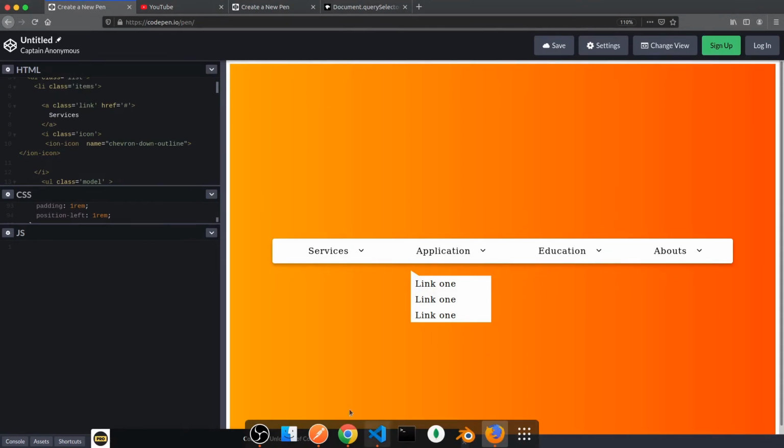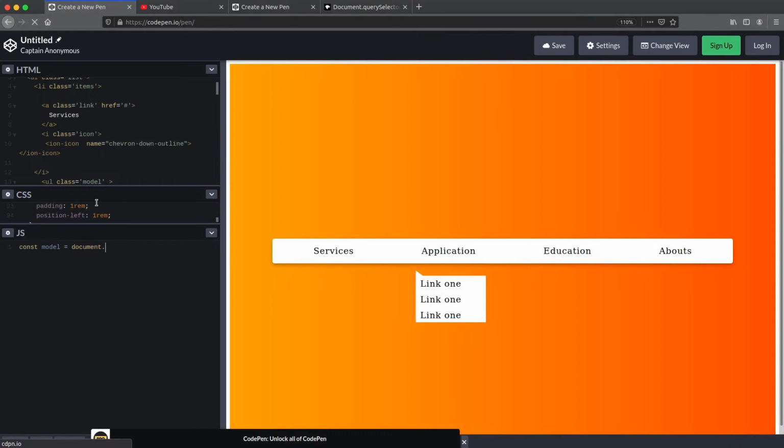First let's select these icons, links and model, because we only need these elements, guys. First model: document dot querySelectorAll, that is model.